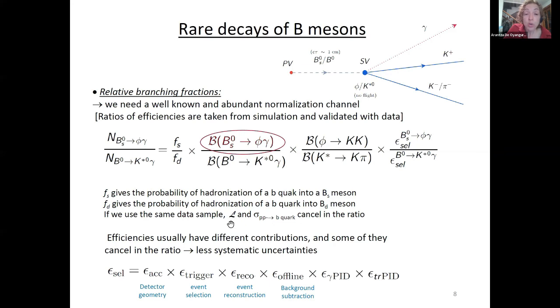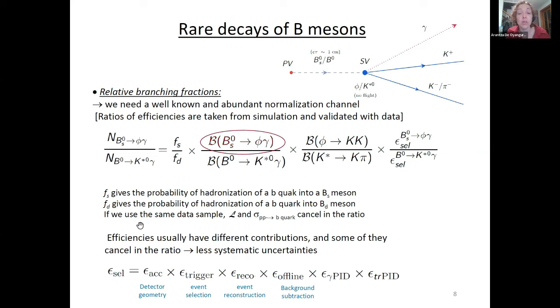And also, if we use the same data, here you are missing the factor of the luminosity and the cross section. If you are using the same data sample, these factors will cancel. Okay, and the efficiencies of my detector usually have different contributions, and as I told you, some of them cancel in the ratio, so that means that at the end I'm going to be less sensitive to the systematic uncertainties coming from the